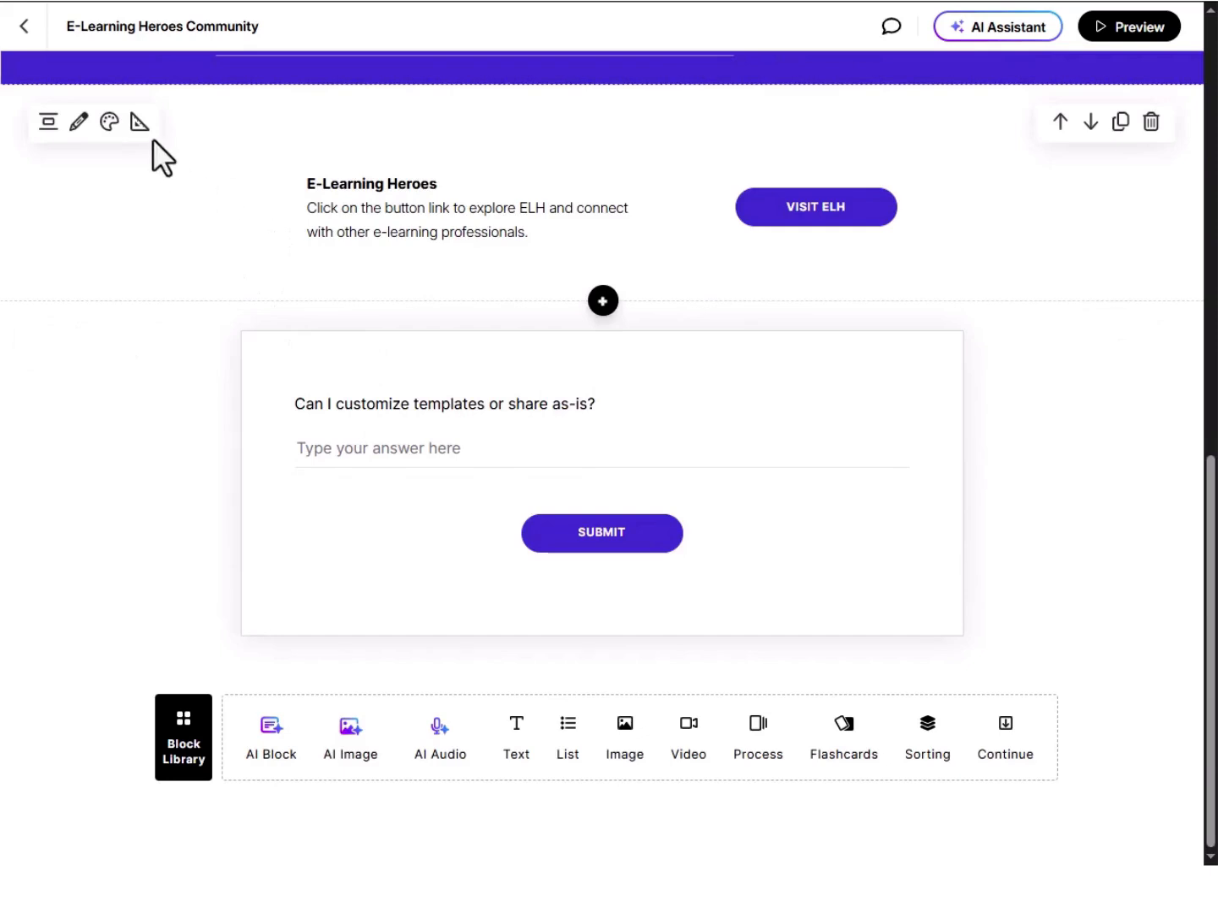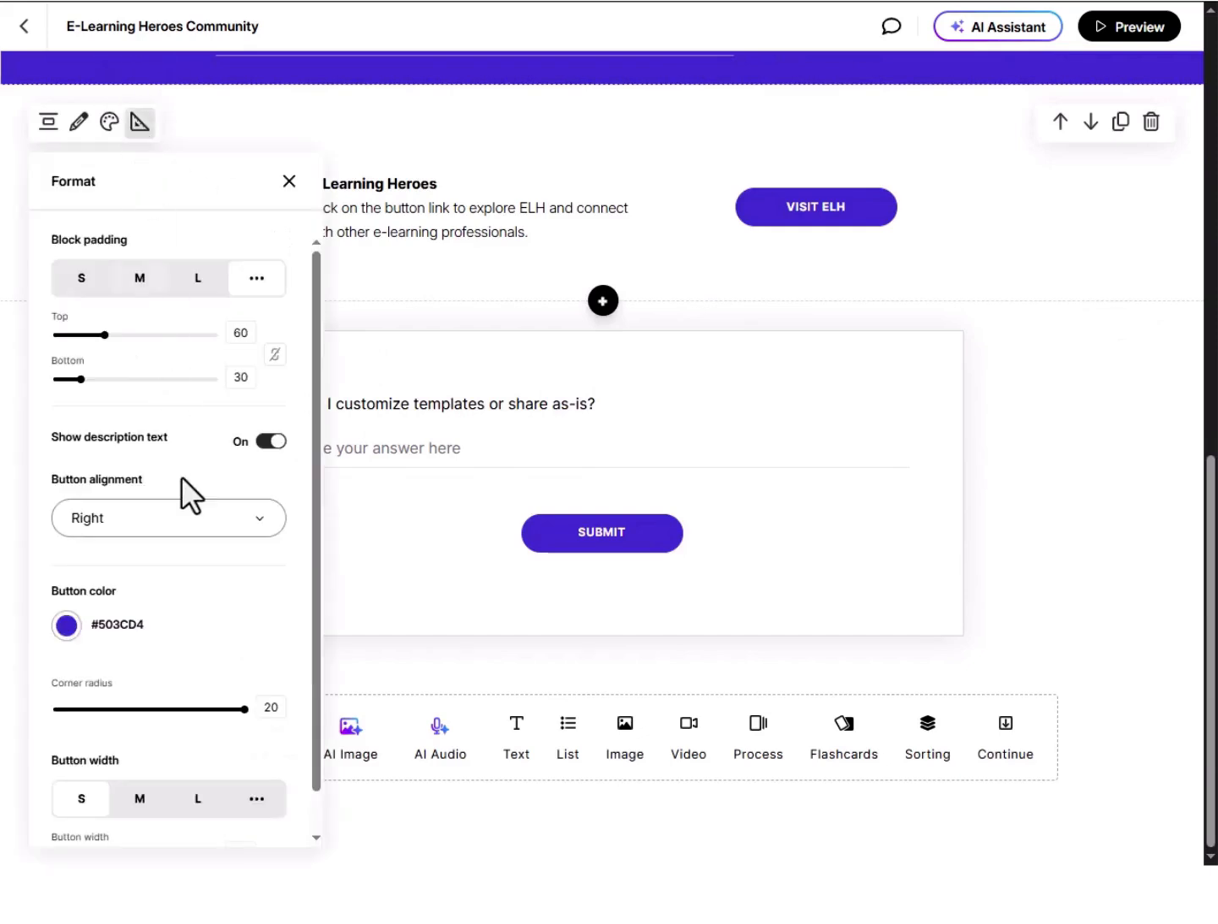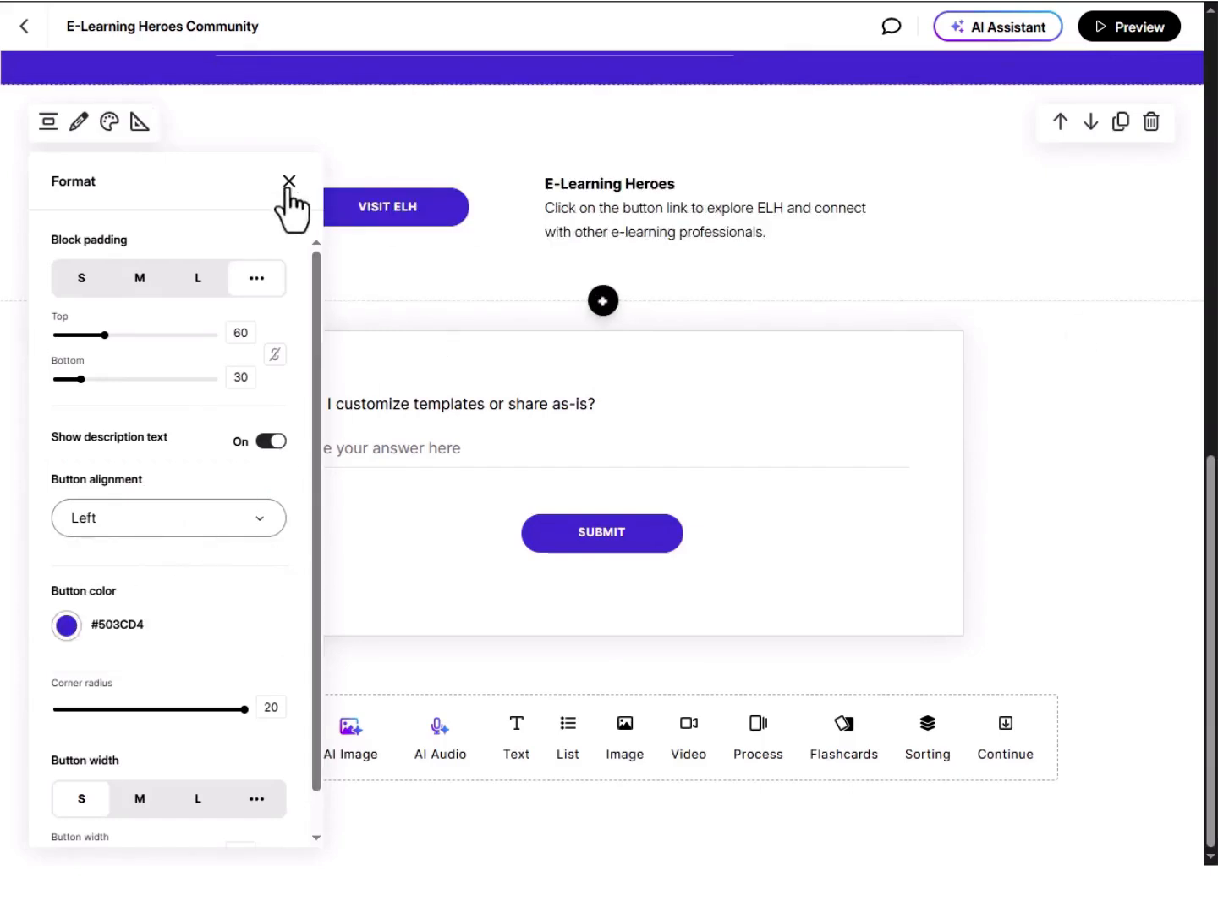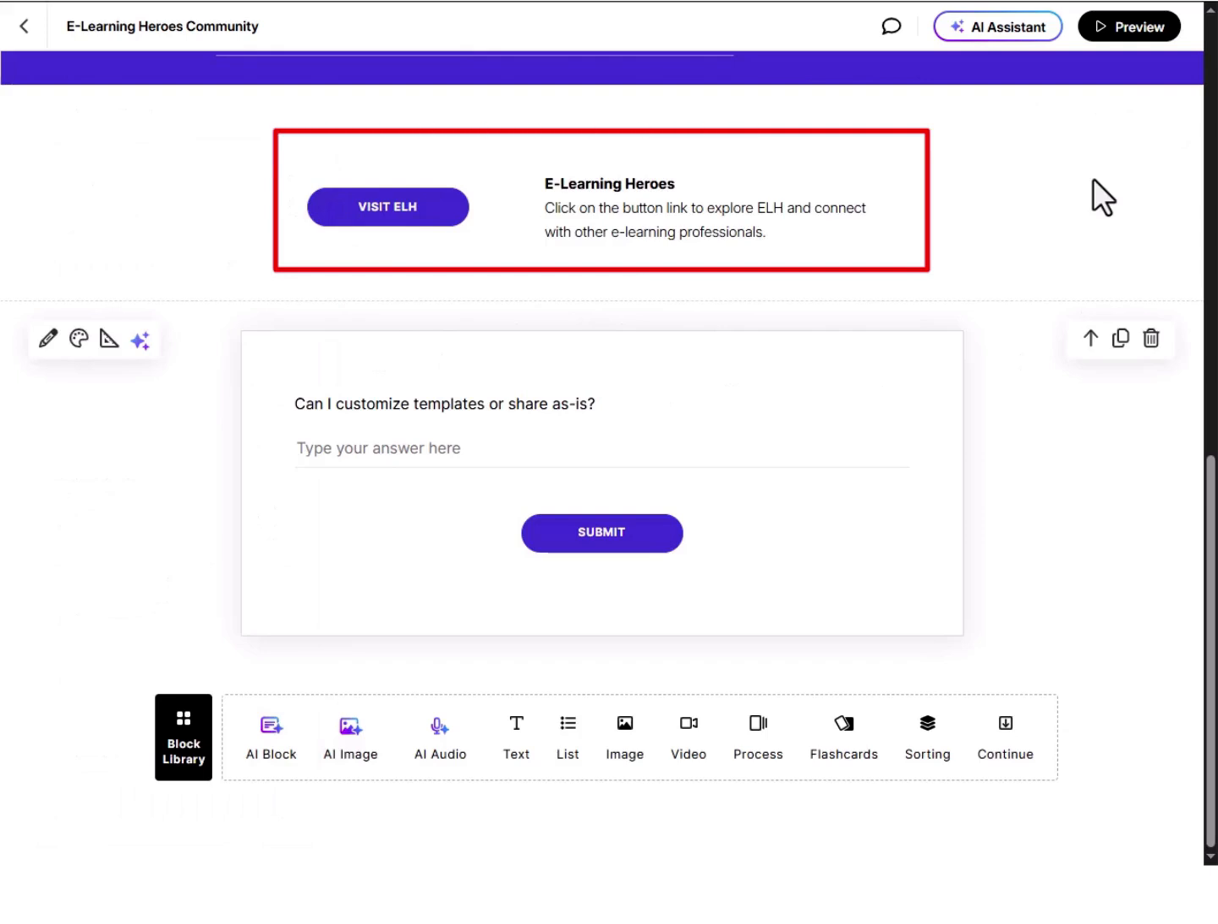In the Editing panel, scroll to the Format section. Look for the button alignment option. By default, it may be set to right. Change it to left. And just like that, the button moves to the left side, and your content automatically shifts